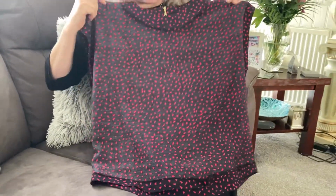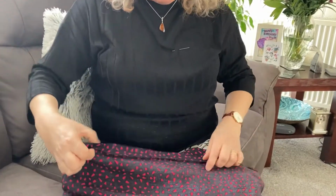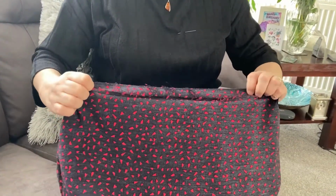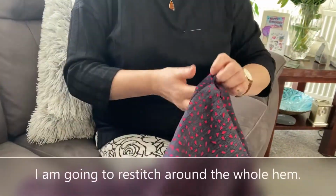Right, so what I've got here then, I've got a top. It's a cotton top and I've got it turned inside out. And what's happened is on the hem, it was blind hemmed, and you can just see there where the hem has come down. The front's come down, but the back is still stitched. So what I'm going to do is,